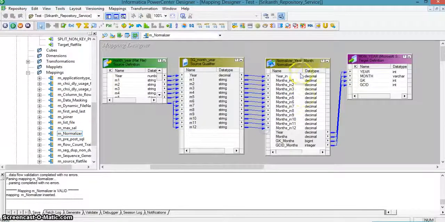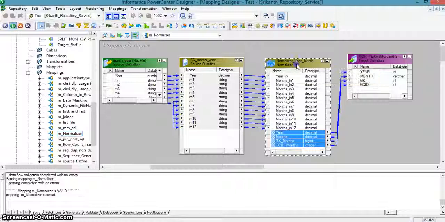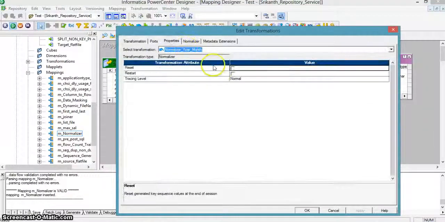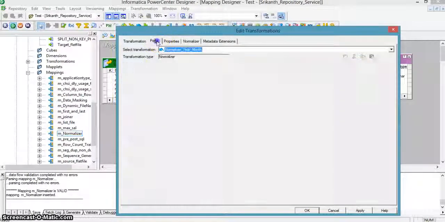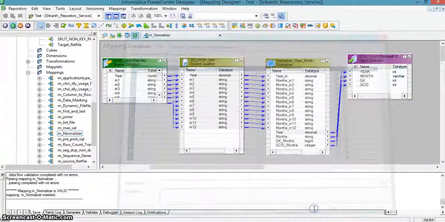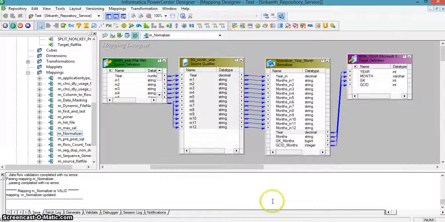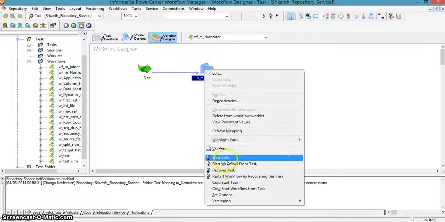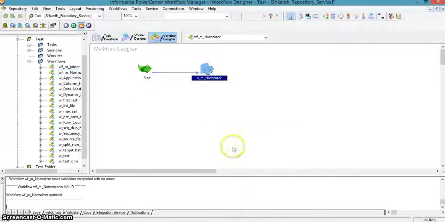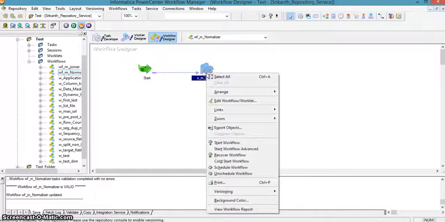Here there is a small change. The property of month is set to number, and I am changing it to string. I am changing the session. I have just created the workflow, and I am renaming and refreshing the session and running it again.